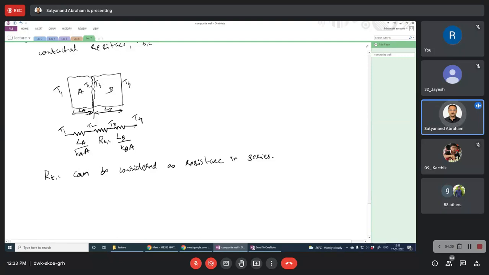So, but here some temperature drop is actually going to be there, all due to some resistance. So this is actually something we don't like. Okay. So therefore, what we are actually going to do is